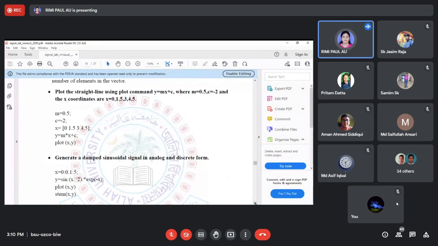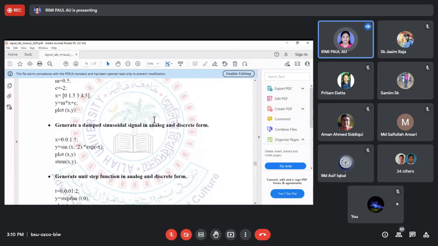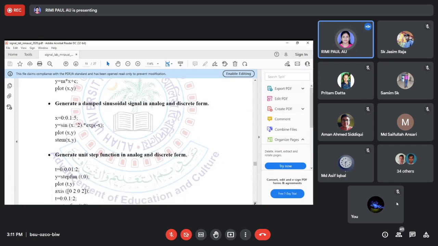Next is the second problem, the sinusoidal signal in analog and discrete form. Today I don't know if I have shown you or not, today I'll show you this problem, so that you can learn what a continuous signal is and what a discrete signal is. Not a digital signal, a discrete time signal. A digital signal is discrete, that means if I write it in 0 1 binary format then we can say it's a digital signal. Next, I'm describing first, then I'll show you.